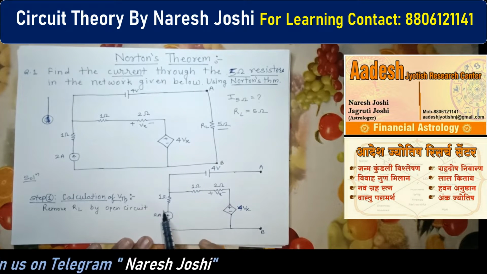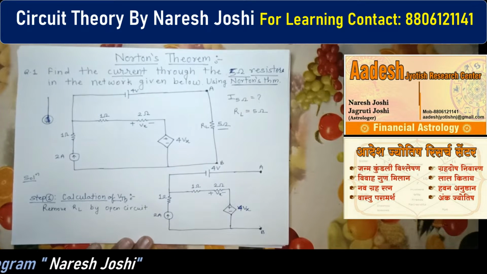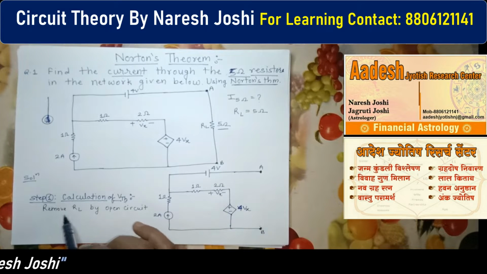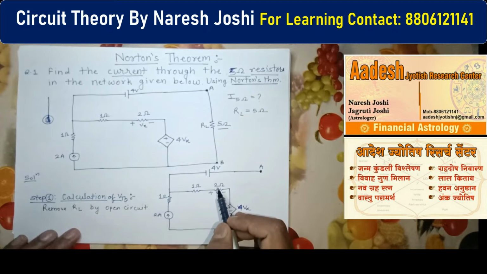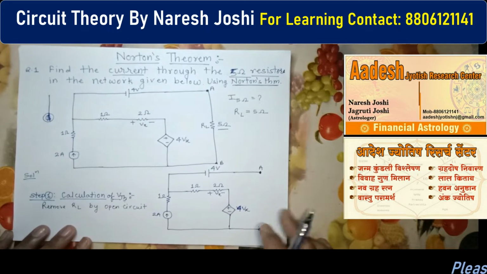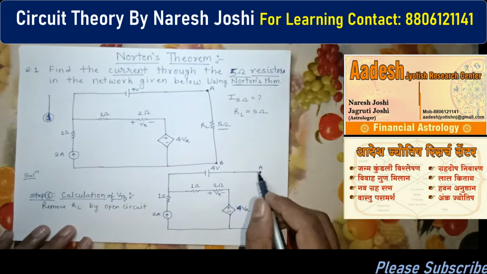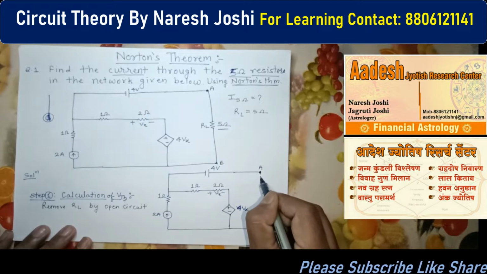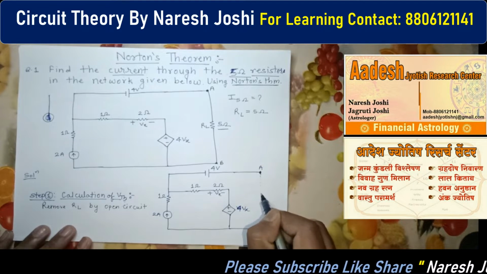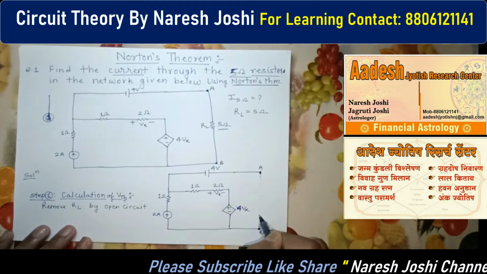I have already drawn the circuit to save our time, so that's why. Clear? आप देख सकते हो मैंने सर्किट को एज इट इज़ पूरा ड्रॉ कर लिया है, कुछ ज़्यादा नहीं, हमने सर्किट को ओपन कर दिया है, लोड रेजिस्टेंस को यहाँ पे हमने रिमूव कर दिया है. So next you can see here, what we have to do, we have to find out the VTH across this. So what we do, we make one virtual connection between this A and B.